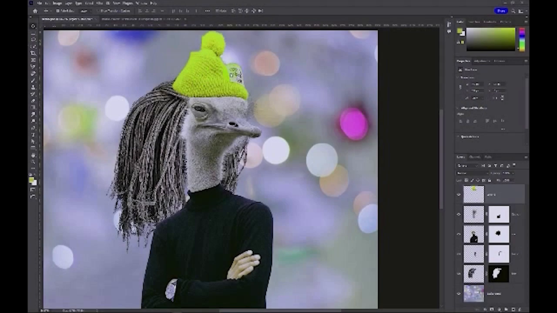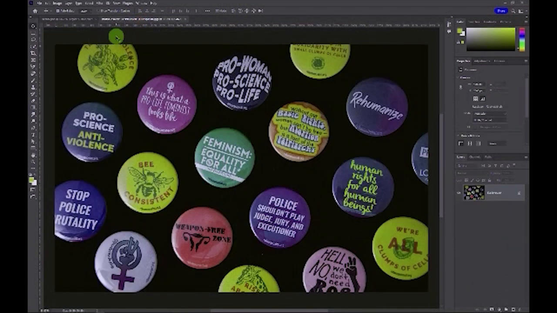Okay, one more additional thing that I'd like to add to our scene here is an accessory for this fellow who is wearing a yellow ski cap now. I'm going to go over to one of the accessories that I threw into the support images here. I'm going to grab a button. We can use our elliptical marquee tool to grab one of these buttons. I'm going to just go over here and grab the rehumanize button,